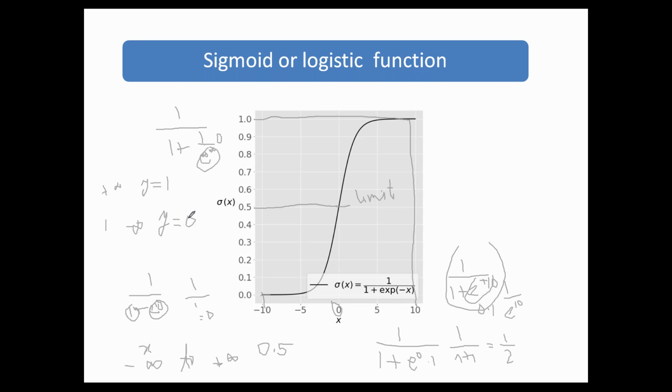Whereas in linear regression, y can be any value from minus infinity to infinity. But in this one, y can only take values from 0 to 1. So it can have any values between 1 and 0. If it is 1, we call it class 1. When it is 0, we call it class 2. That's how it is represented as a binary classification, if you are having only two classes.